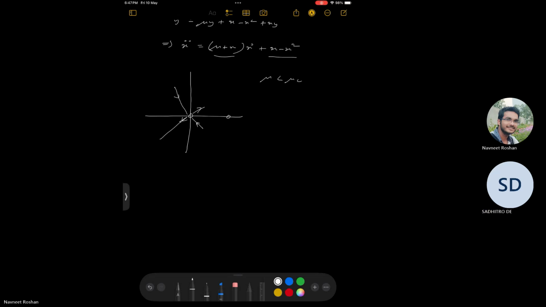Okay, and there is an unstable fixed point over here, and what happens is that there is a stable limit cycle surrounding this unstable fixed point. Okay, so I'll denote the limit cycle by this sort of a line for visualization purposes. So what we see is that all the trajectories which start outside the limit cycle,